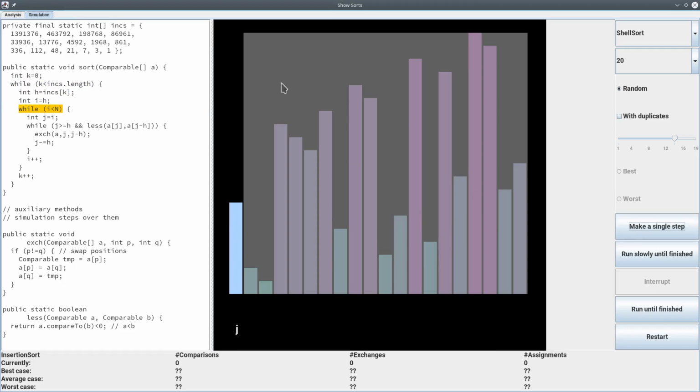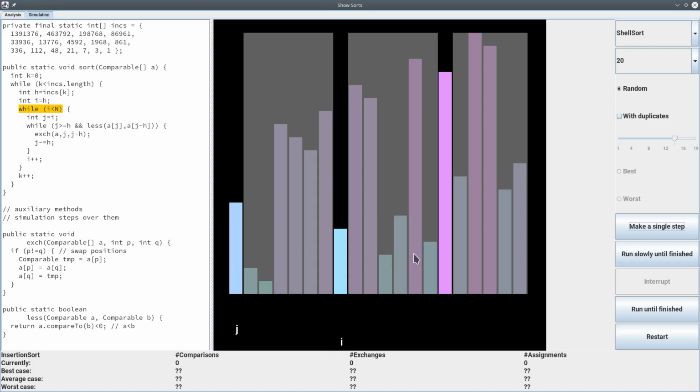And we increase the k, so now we try to do the same with 400,000 something, and we do nothing. So the first time we will do something will be when h gets the value of 7. So we make a number of steps. So now we got it. What has happened now? k has reached this position in the h values. So now i has the value of 7,